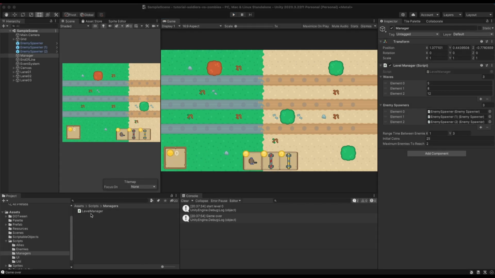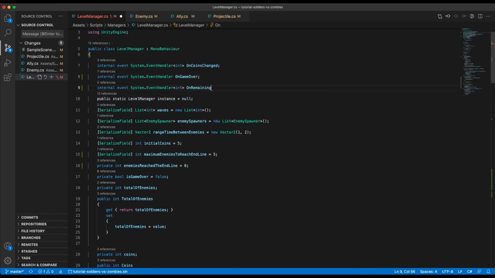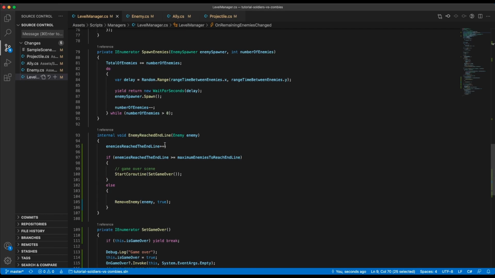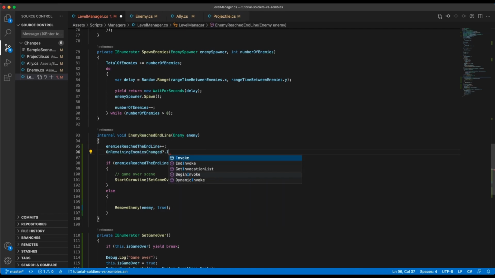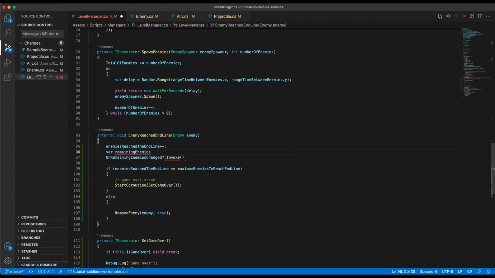Let's go back to our level manager. Let's start by creating an event, passing an integer, and call this event OnRemainingEnemiesChange. Let's go to our enemy reached the end line function and call it just after we update the enemies that reached the end line. Let's create a variable here, call it remainingEnemies, and it will be maximum enemies to reach the end line minus enemies reached the end line. And we'll pass the